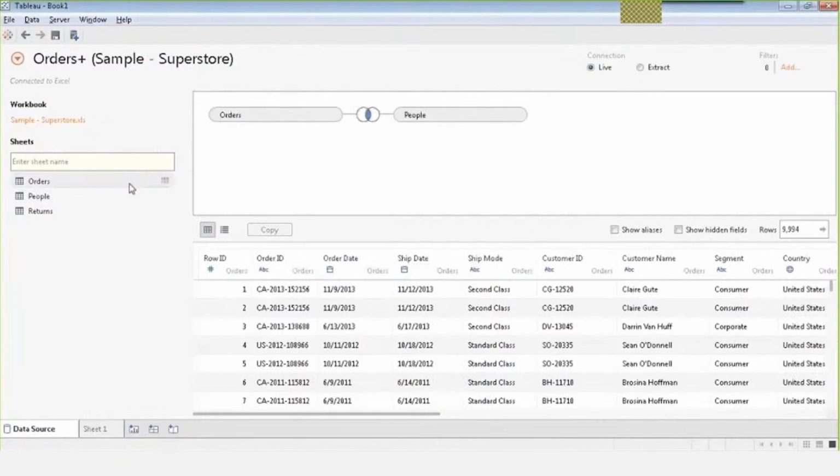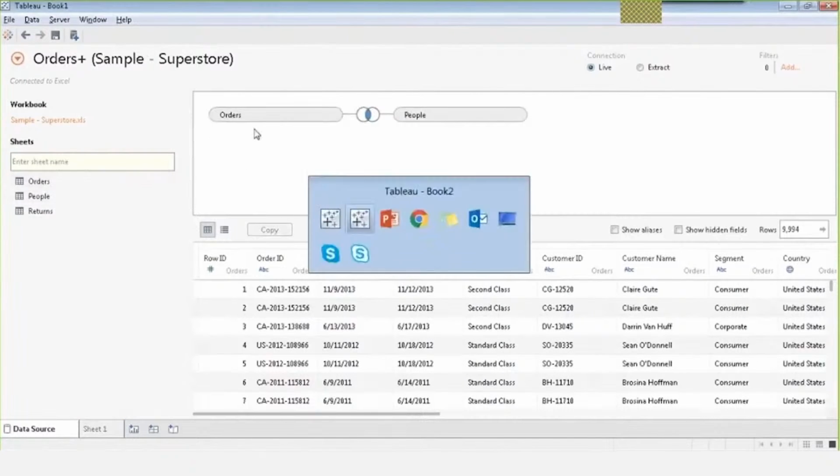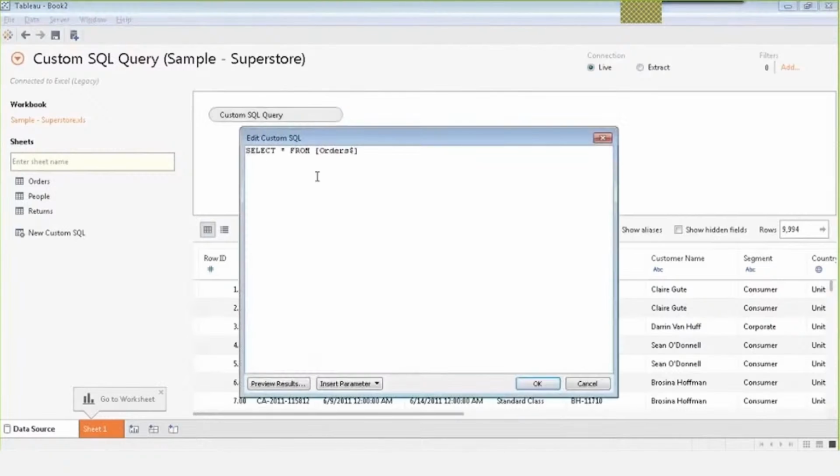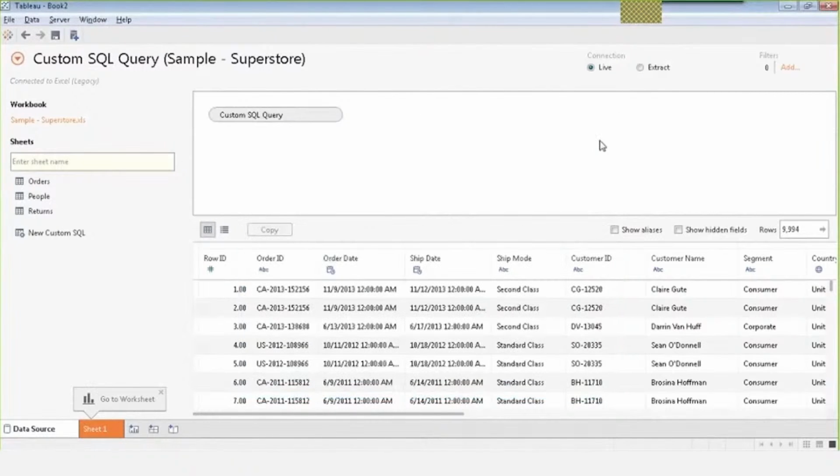And as you can see now, I'm going to just switch to the earlier instance of Tableau. You could see the name of the table that I dragged and pulled in. You could see the name Orders. But when we write a custom SQL, it gives us the name which is written as Custom SQL Query. All right, and this is where you can edit the query in case you want to change the results and requirements. So that's how, instead of clicking on open, you click on open legacy connection,